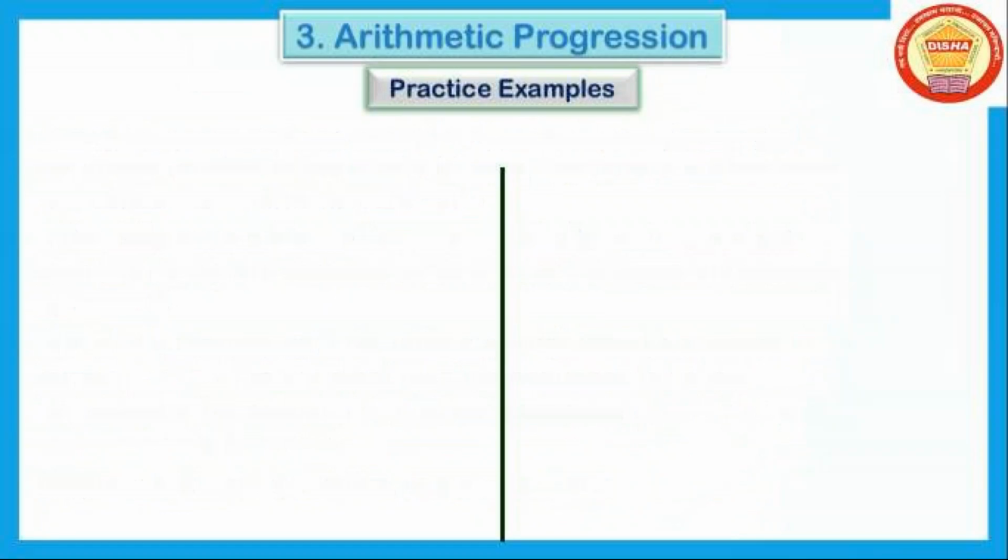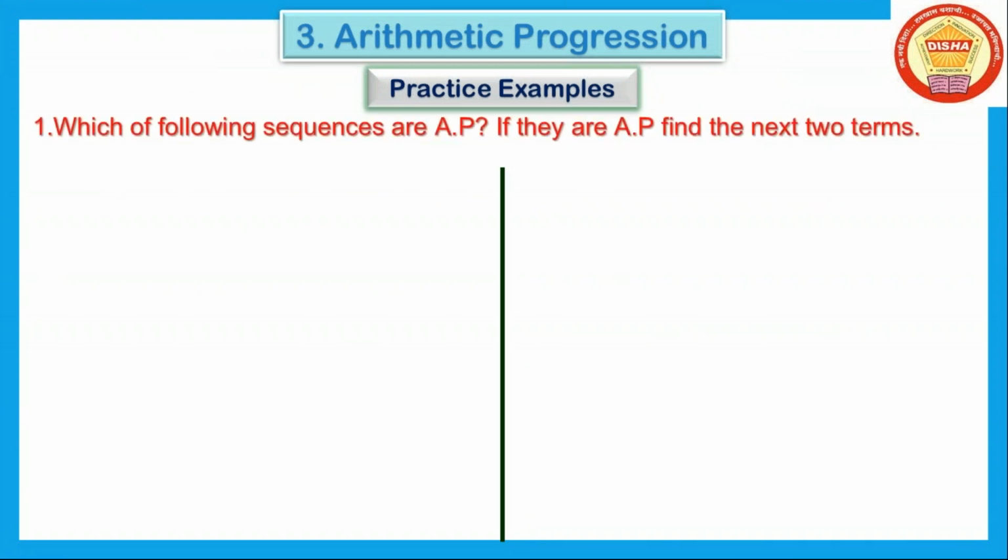To understand arithmetic progression, in your exam the questions ask, given a sequence, you have to decide whether it is an AP or not. Such questions are asked for 2 marks or 1 mark in the exam. I am taking some examples to understand the meaning of arithmetic progression, and how the questions are asked in our exam. I am taking the first example.